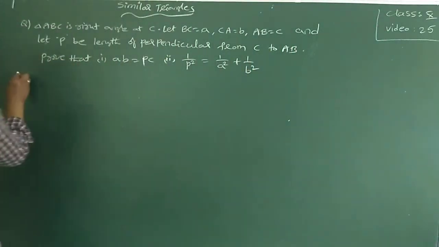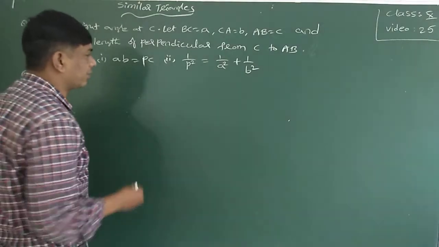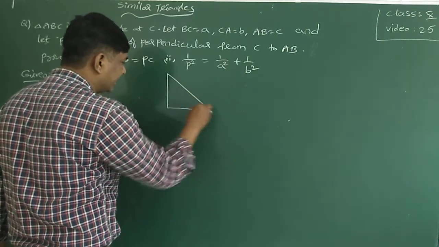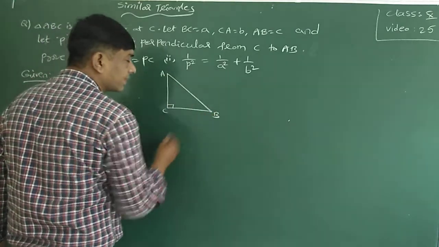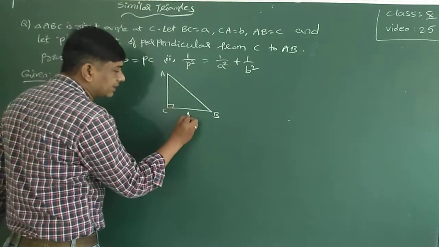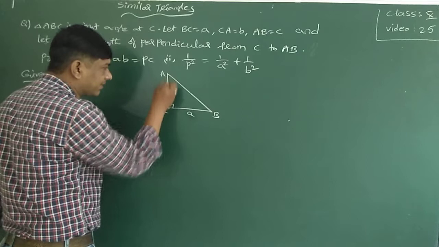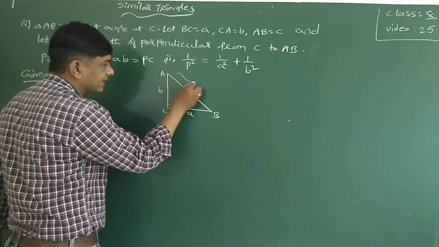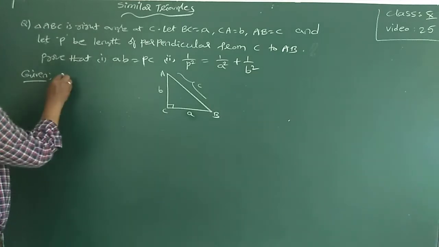Okay. See here. First, what is given here? The question is a theorem you have to prove. In a triangle ABC, C is right angle. The vertex A opposite is CB, length a. The vertex B opposite is AC, length b. And the vertex C opposite is length c, small letter.